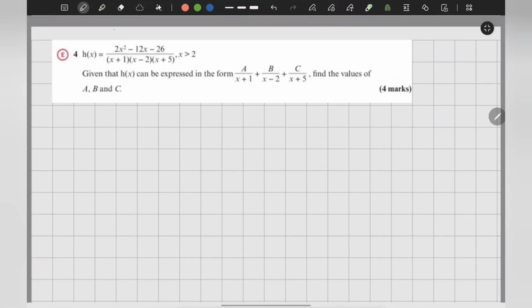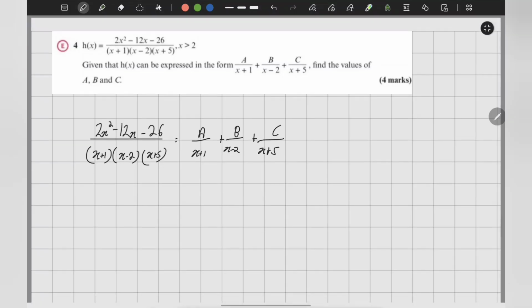So it tells you this is the fraction, you can see there's 3 factors, and we need to give it as it says h of x can be expressed in the form a over x plus 1 plus b over x minus 2 plus c over x plus 5. So this is telling us to express it into 3 instead of 2. So we would start this out the same as the other ones because it is the same, it's just 3 instead of 2. So if I write that this whole thing is equal to the same as the right side, x minus 2 plus c over x plus 5, then we can